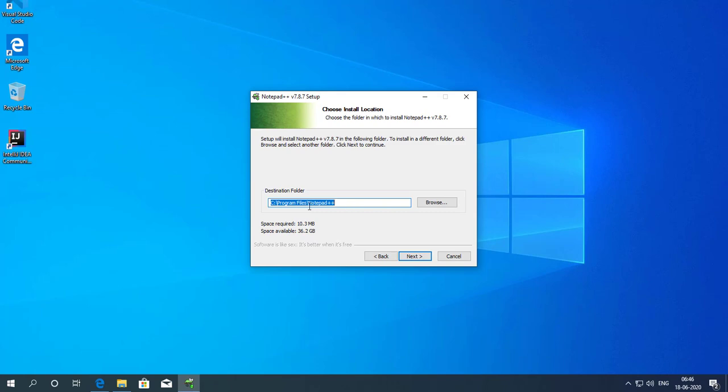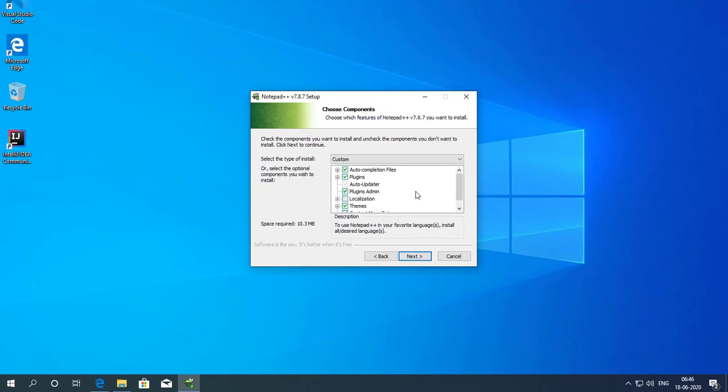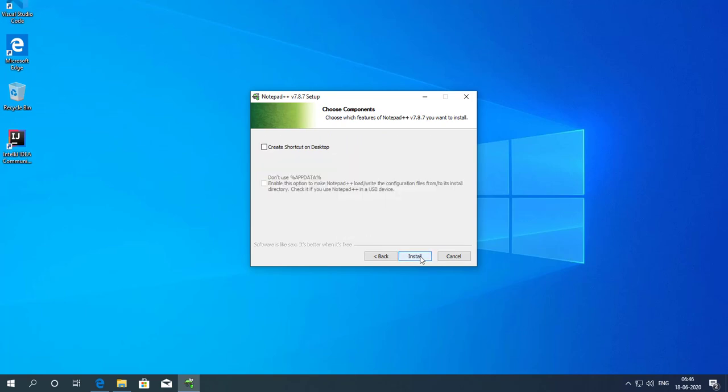There is a path where Notepad++ will be installed, so I am selecting the default path and clicking next. I am using the default options and clicking next. Now if you want to create a desktop icon, you can choose this option, otherwise leave it unticked and click on install.